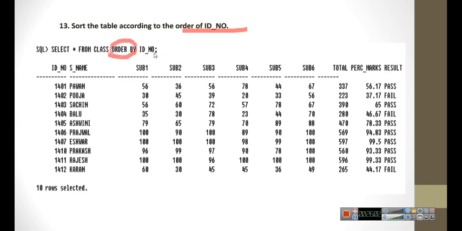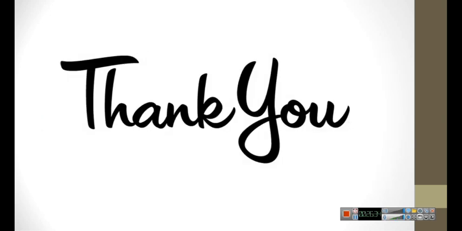We are going to use that command to sort according to the ID number. So here you can see 01, 02, 03, 04, 05, 06, 07, 010, 011, 012. So it is sorted. So use order by to sort. By default it is ascending order. Remember that.